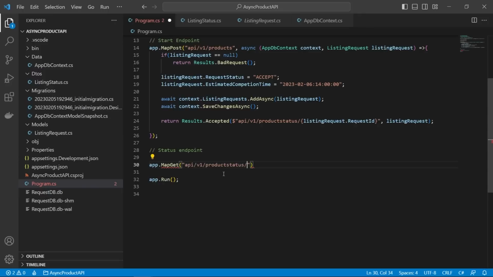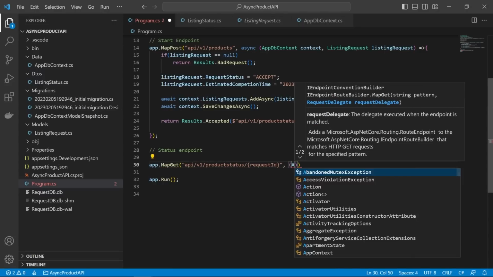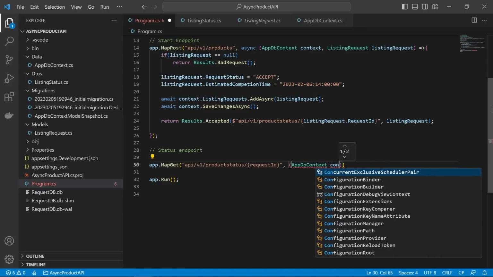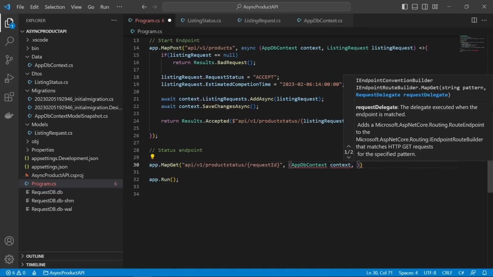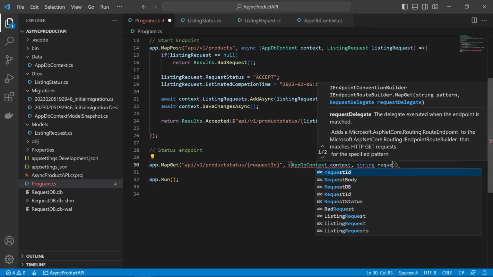So we definitely want to make sure it matches, but we also require a request ID as part of the route, as we need to know what the status of our particular request is. All right, and then it's not going to be an asynchronous method, this one, but we do still require an AppDbContext for context,